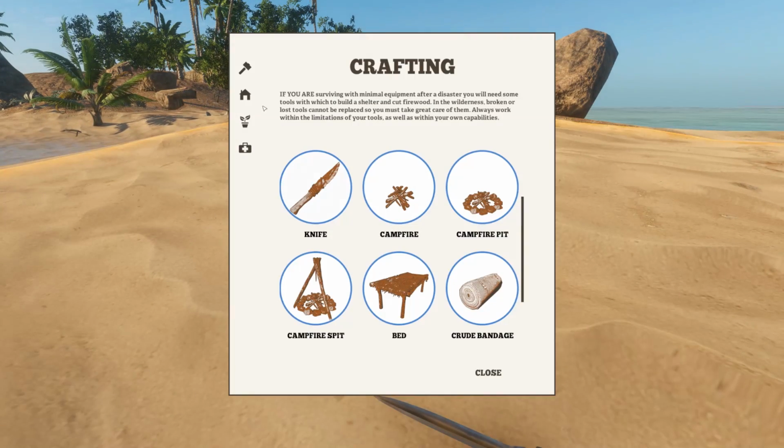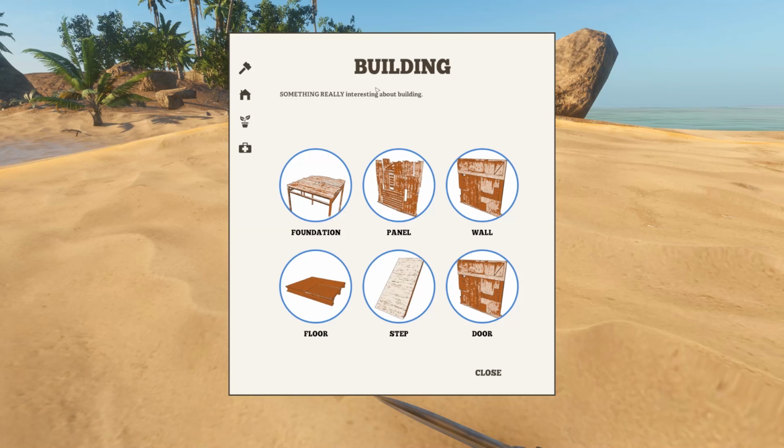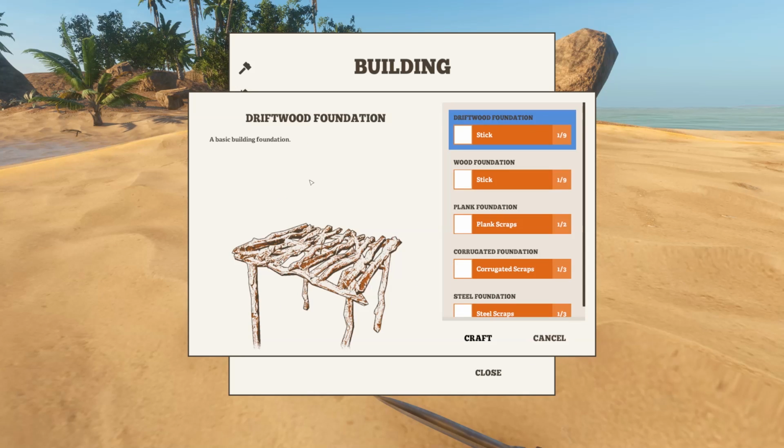All right, the new stuff. There's going to be some medical, so bandages, splints, salves, herbal remedies, stuff like that. There's going to be some farming. Right? That's cool. But now here's the new. Foundations, panels, walls, floors, steps, and doors. So if you take a foundation,